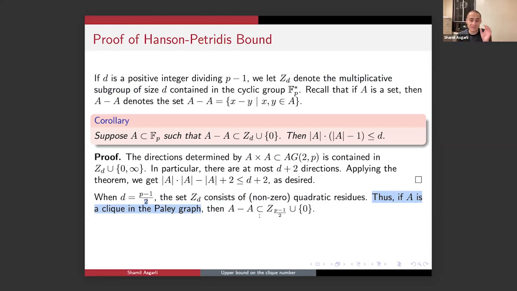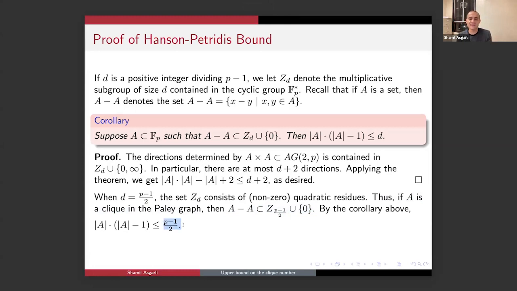That means that if A is a clique in the Paley graph, then A minus A is inside the set of quadratic residues, union with 0, because you could do x minus x, that gives you 0. But this is great because now I'm satisfying the condition of my corollary. Applying my corollary, I get that size of A times the size of A minus 1 is at most d,